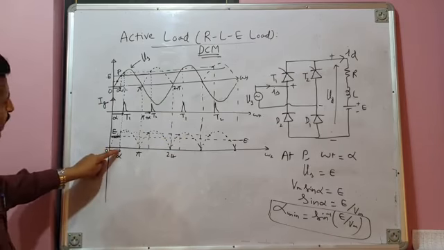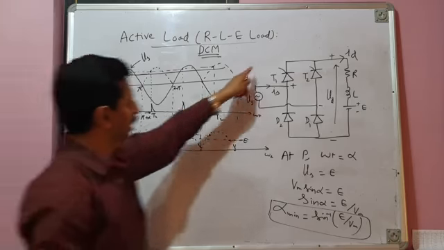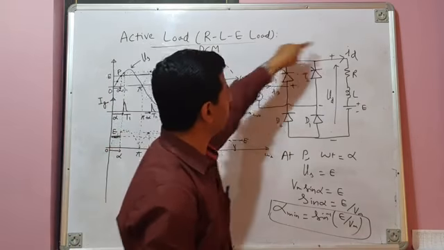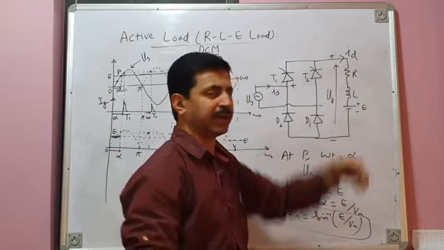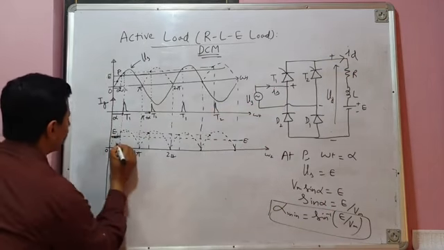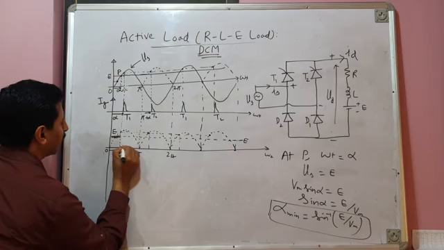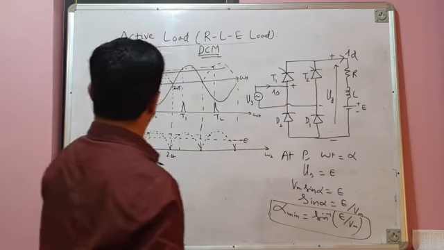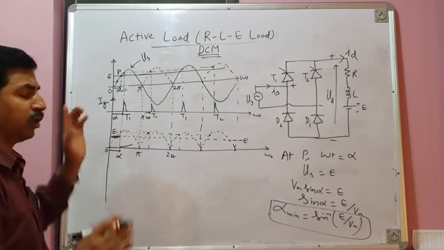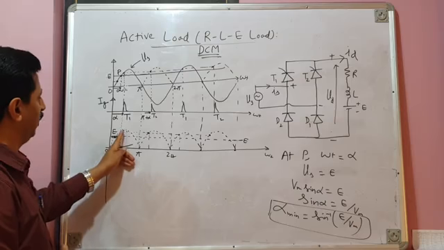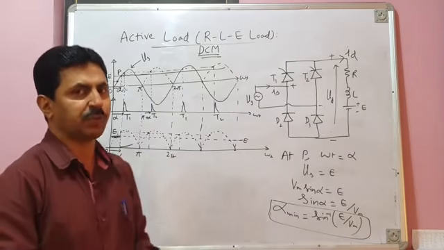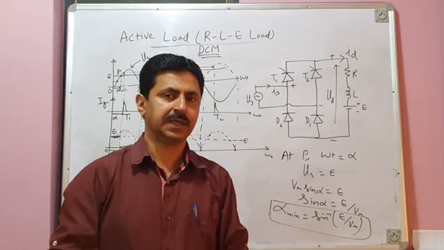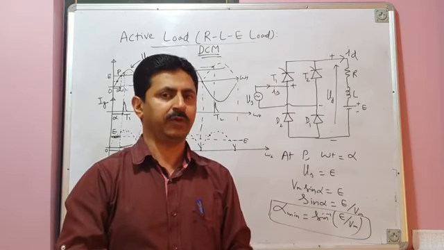Now, as soon as thyristor T1 is fired here, T1 D1 pair goes into conduction and current starts flowing. So ID, load current starts building up. Load current will rise. And since we have an RL load, load current will reach its peak value between pi by 2 and pi. This fact has been already established by us while discussing single phase half wave converter.